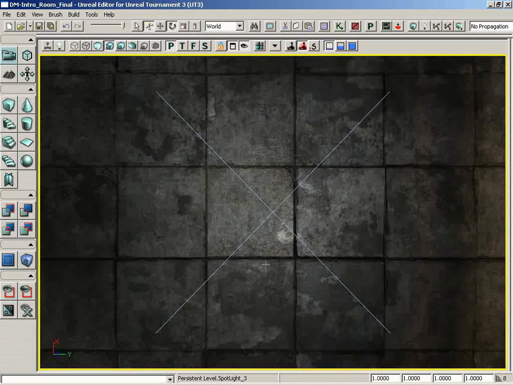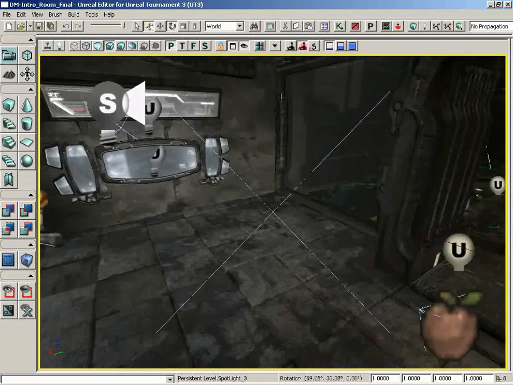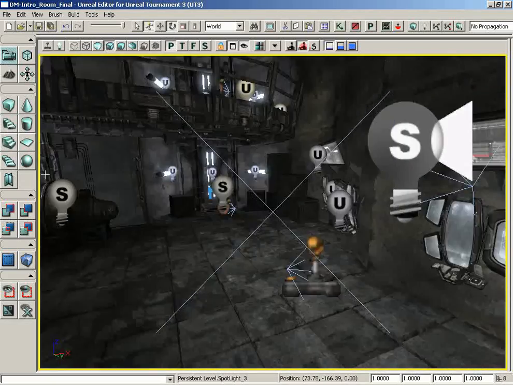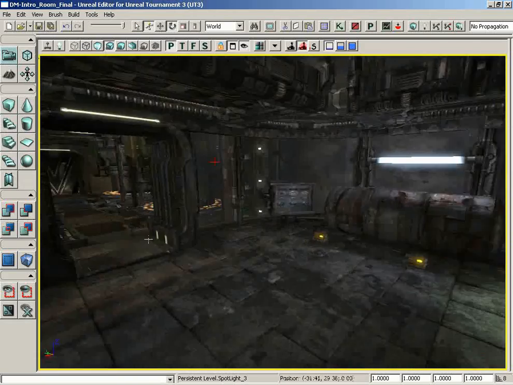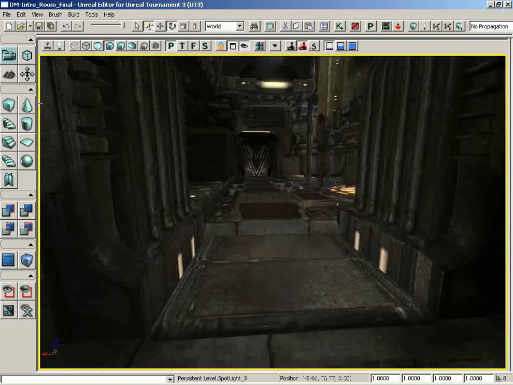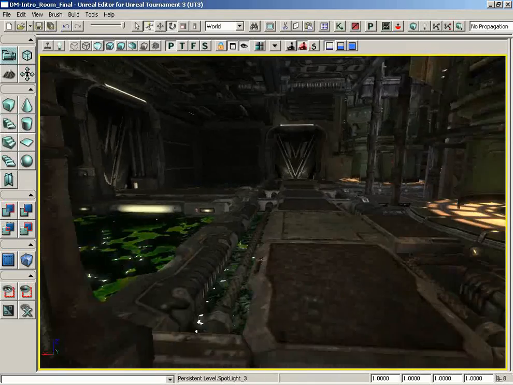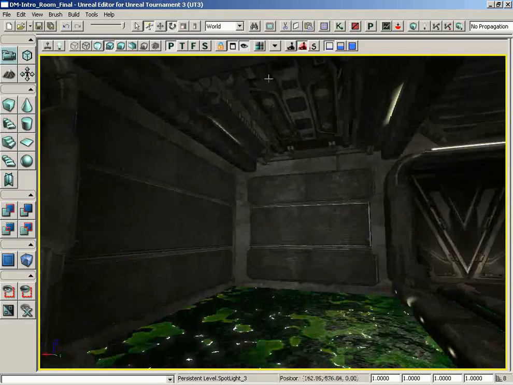Now here's the cool thing. As I navigate the viewport now, I am actually rotating this light. This light is coming along for the ride, which is kind of a cool effect if I switch over into game mode now, because now it's like my perspective camera has a headlight on it. I go to that dark corner that's over there, and as I come in, it gets brighter because we're actually